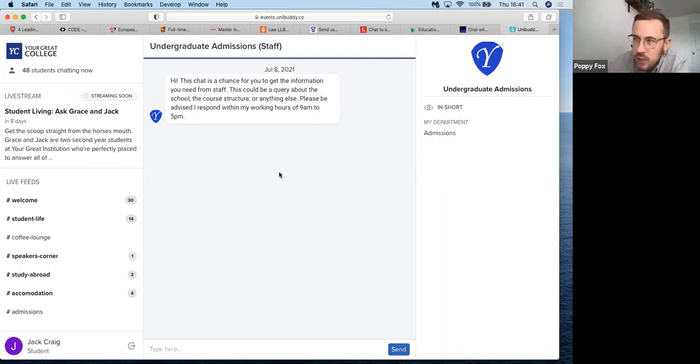Another really nice thing we're seeing with Unibuddy Live is that people register for an online event or an online open day. They'll talk to an ambassador during the event and have a really good connection with them. Then after that event, they're coming back to the main Unibuddy platform and continuing that conversation. They're asking questions that they didn't ask during the event, coming back to them 2 to 3 weeks later. Or if they've built a really strong connection during one of these events with an ambassador, they're coming back to them and continuing that relationship.